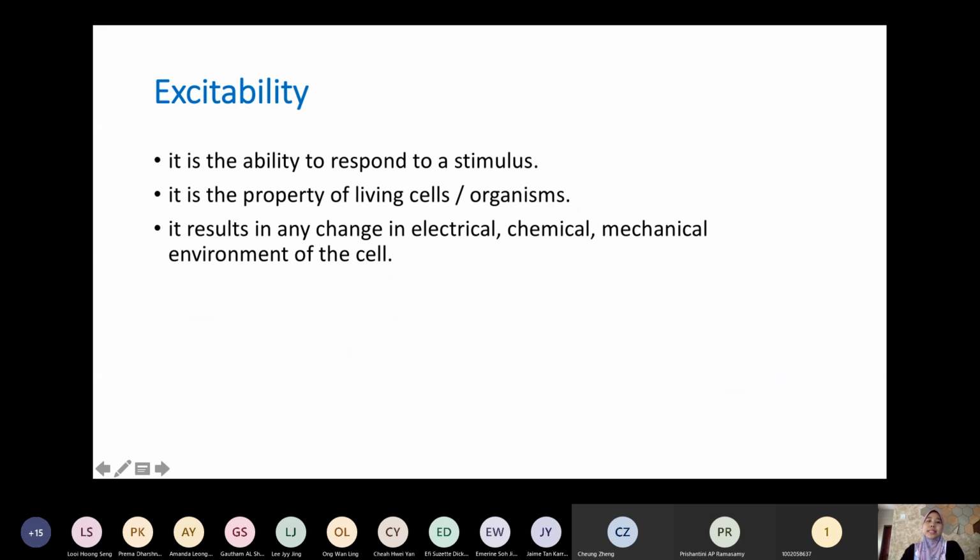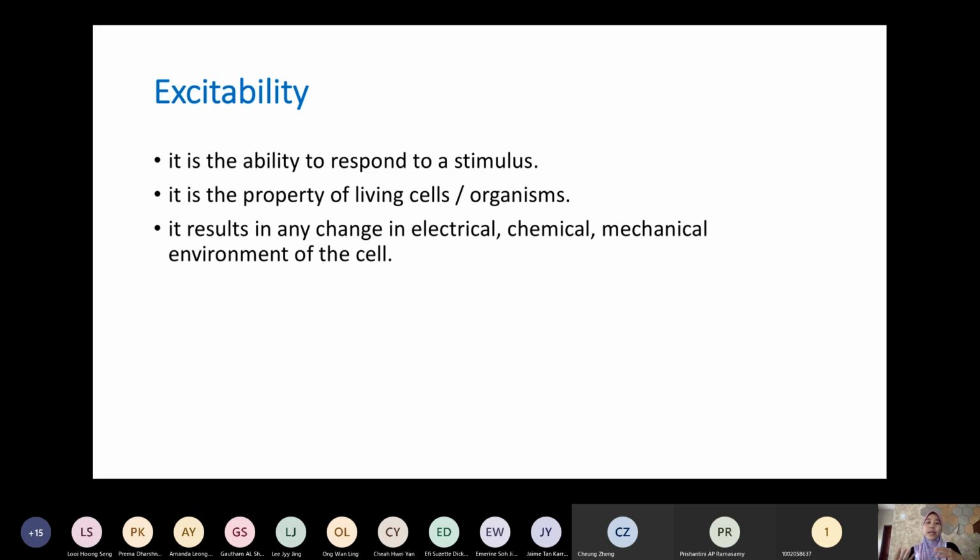Okay, so what is excitability? Excitability is the ability to respond to a stimulus. Any kind of stimulus: you could have a mechanical stimulus, such as slapping your hand, slapping your face, or giving a pinch, which we call a mechanical or pressure stimulus. You might also have a chemical stimulus. If let's say you have a chemical spill on top of your hand, you start moving your hand away. We call it a chemical stimulus. Same as when you inject a drug, that is again a chemical stimulus. Or you might also have a thermal or heat stimulus.